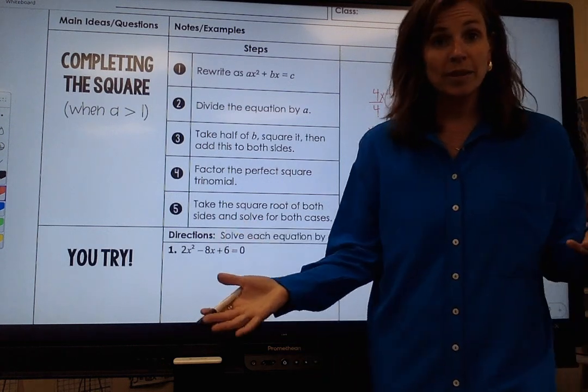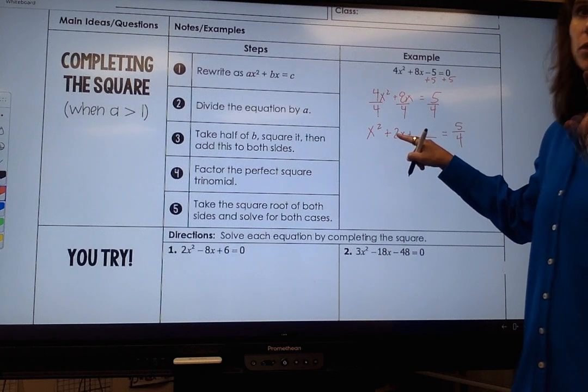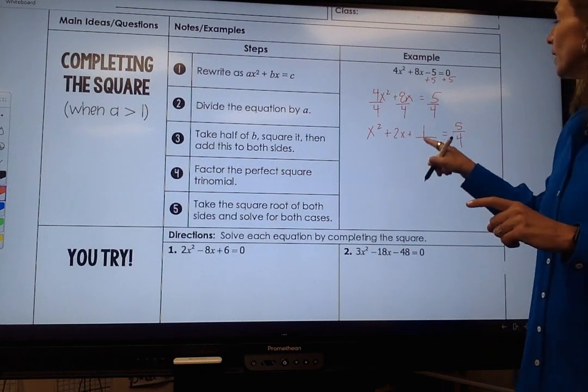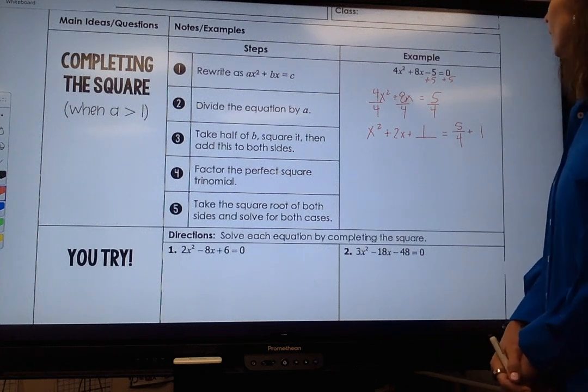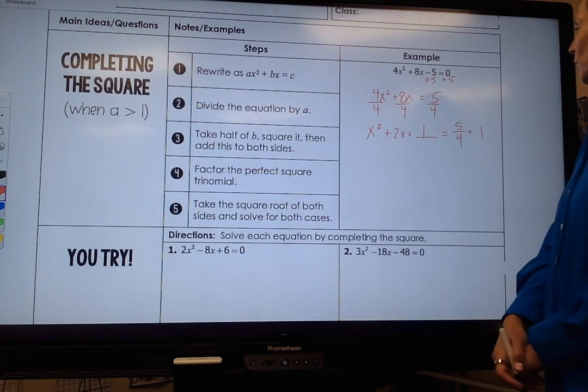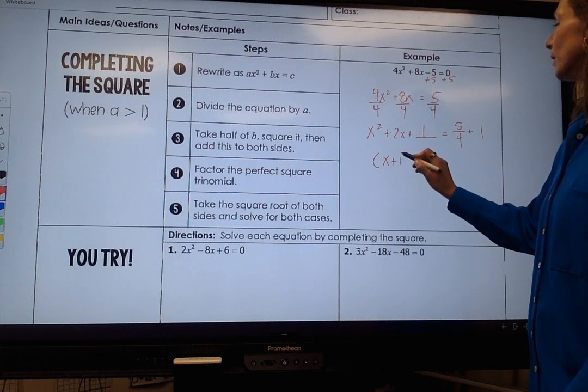And now I'm doing the same thing. I take this term, divide it by 2, which is 1, and then 1 squared is 1. If I add 1 over here, I add 1 over here. Now I am going to factor this, and I get x plus 1 squared